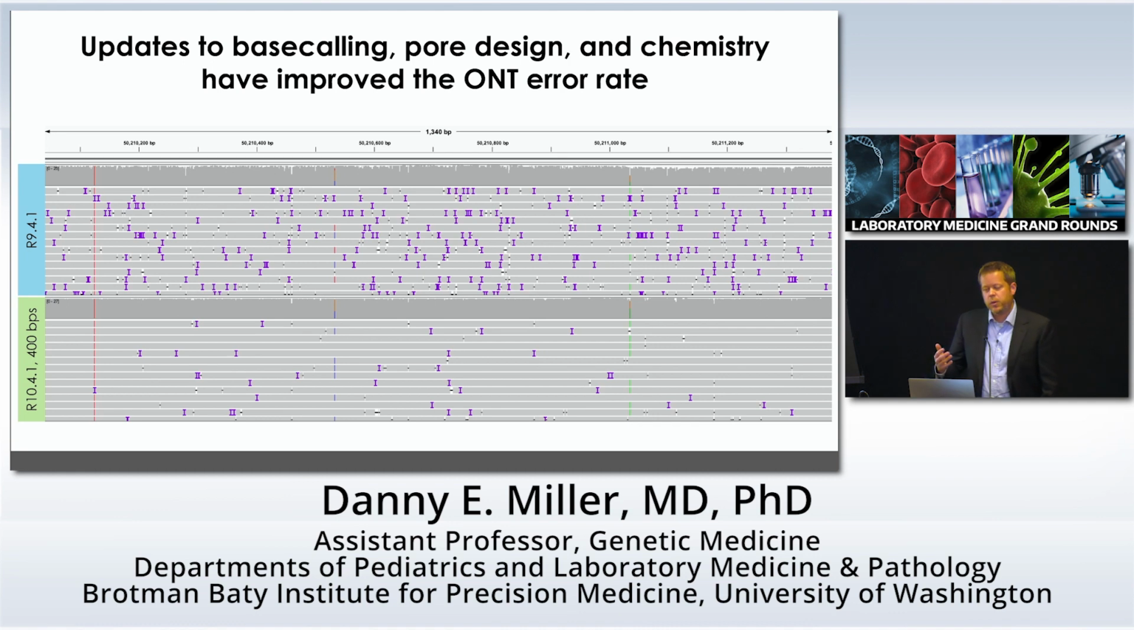Now, just to say that Nanopore has made big strides over time in their error rate. So here I'm showing you data from an older version of the flow cell. And you can see these insertions, these little I's, and the deletions are kind of spread all throughout. With a newer version of the flow cell, you see a lot fewer of those. We see improvements in the data with kind of subtle changes in the chemistry and also the design of the